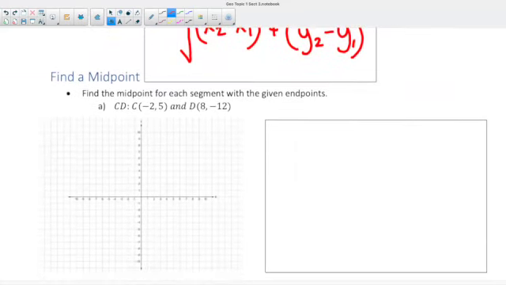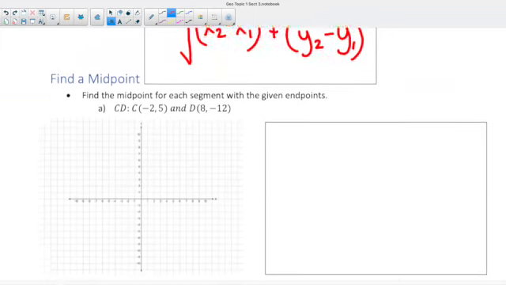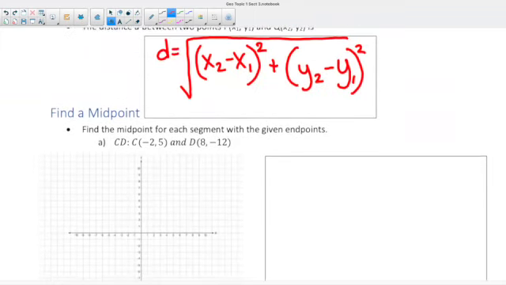How are we going to use these formulas that we just learned? Leave it up there in case some of you need it. Find the midpoint for each segment with the given endpoints. So to make this a little bit more visual for you, to show you where a midpoint actually is, we will